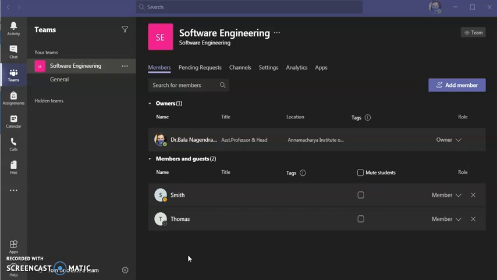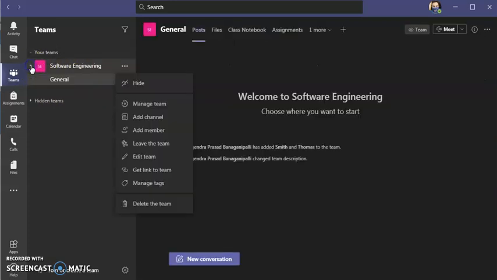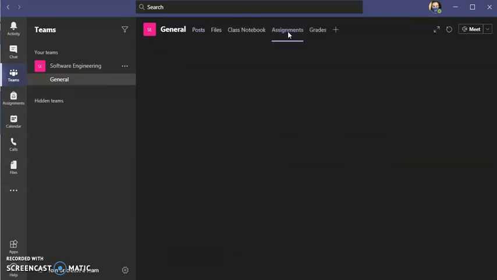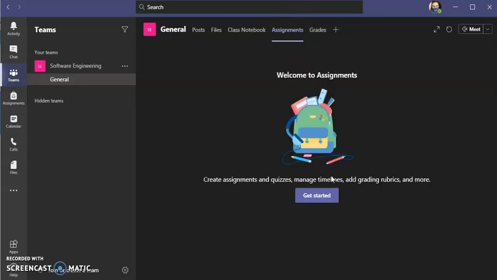Now I want to create a quiz using Microsoft Teams. So I'll go to the General Channel, then I'll take the Assignments option. When I click the Assignments option, it shows that I have not created any assignments or quizzes here. Now I have to create an assignment. So click Get Started,